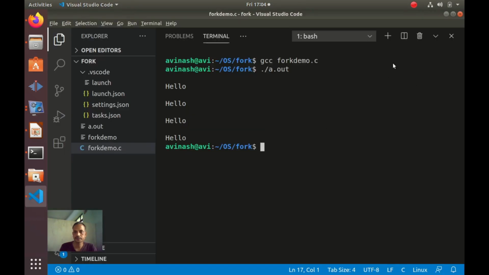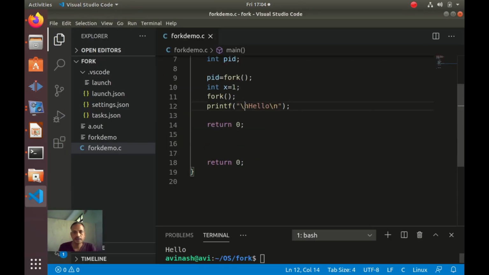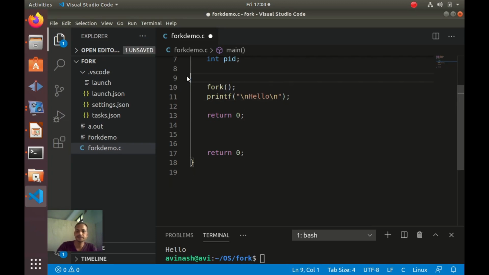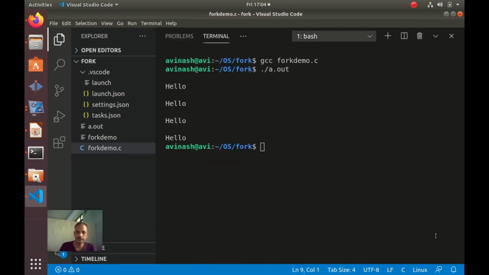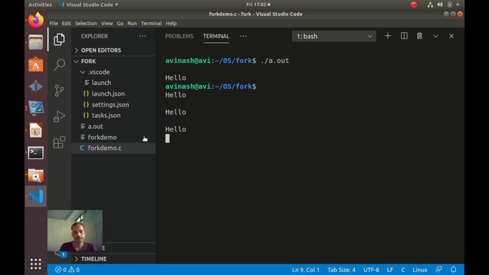4 times. We have used a fork here also, so we will remove this fork. If there is one system call, it should execute only twice. Now 1, 2, 3, 4.